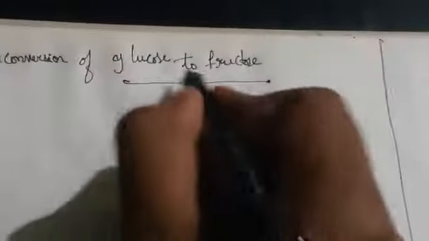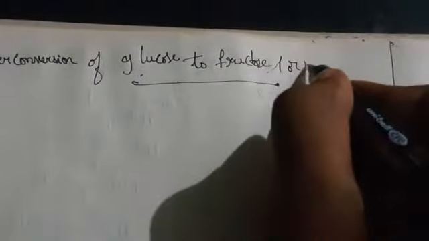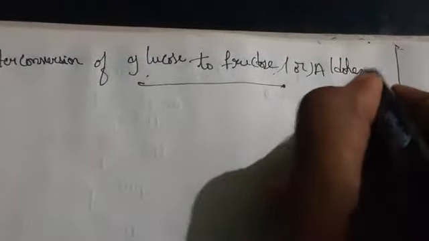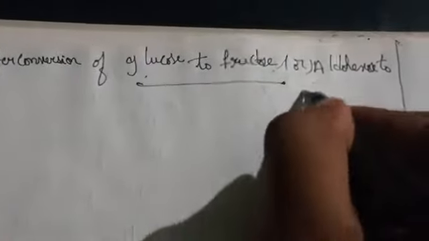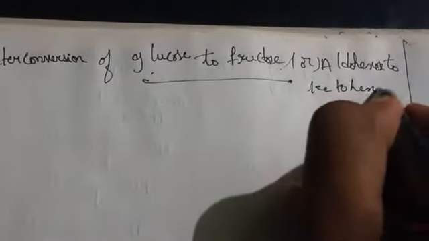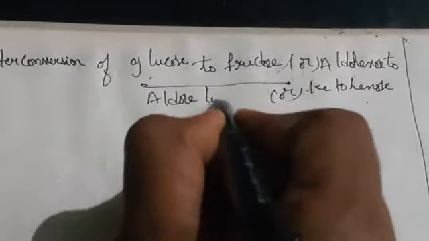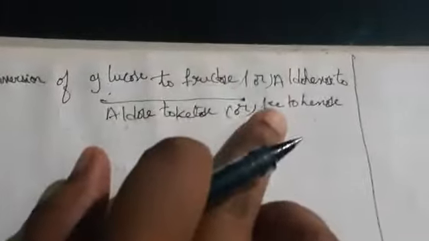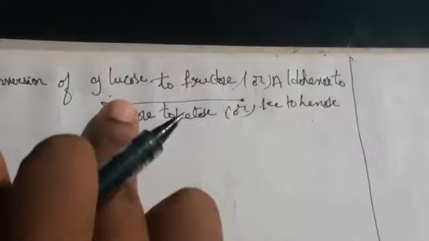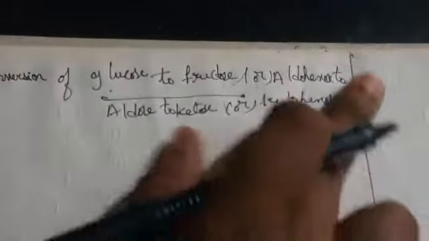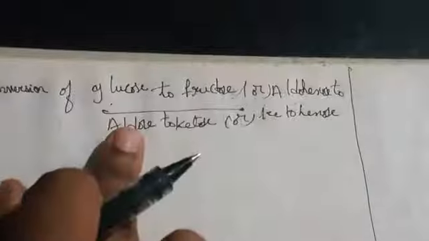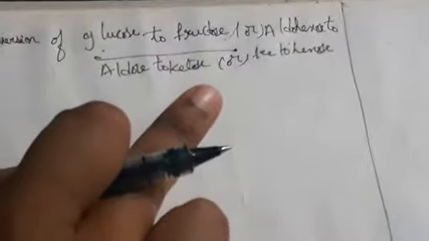See here, first we have to see glucose to fructose. This glucose to fructose conversion we call aldohexose to ketohexose, or aldose to ketose. These are indirect names. Why are we calling it aldohexose? Because it has an aldehyde group, and the other has a ketone group. That's why we say aldohexose to ketohexose, or aldose to ketose also.